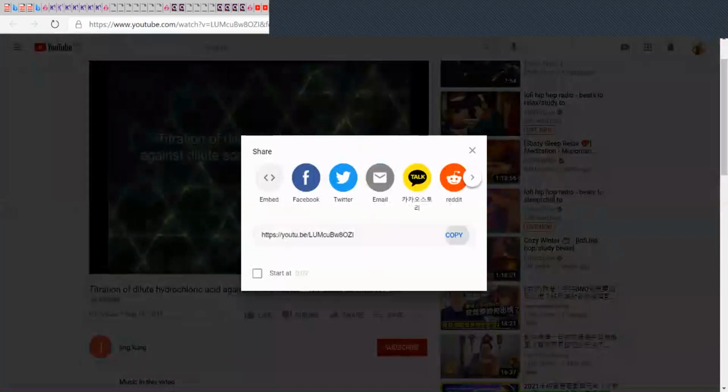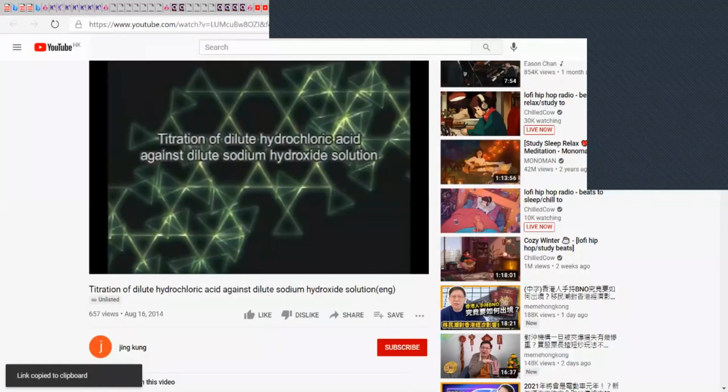Titration of dilute hydrochloric acid against dilute sodium